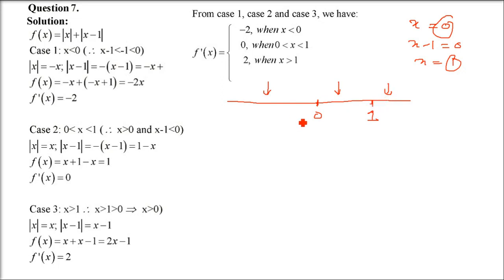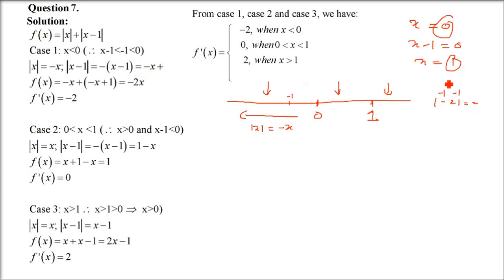Okay, let us say x is less than 0. Now x is less than 0, of course we have seen mod x will be minus x. But if you take x as negative, then what will be mod x minus 1? You put any value, you just check it. Say minus 1. So minus 1 minus 1, it will give you negative of x minus 1. So when you remove the mod, it will be negative of x minus 1, that is minus x minus 1.